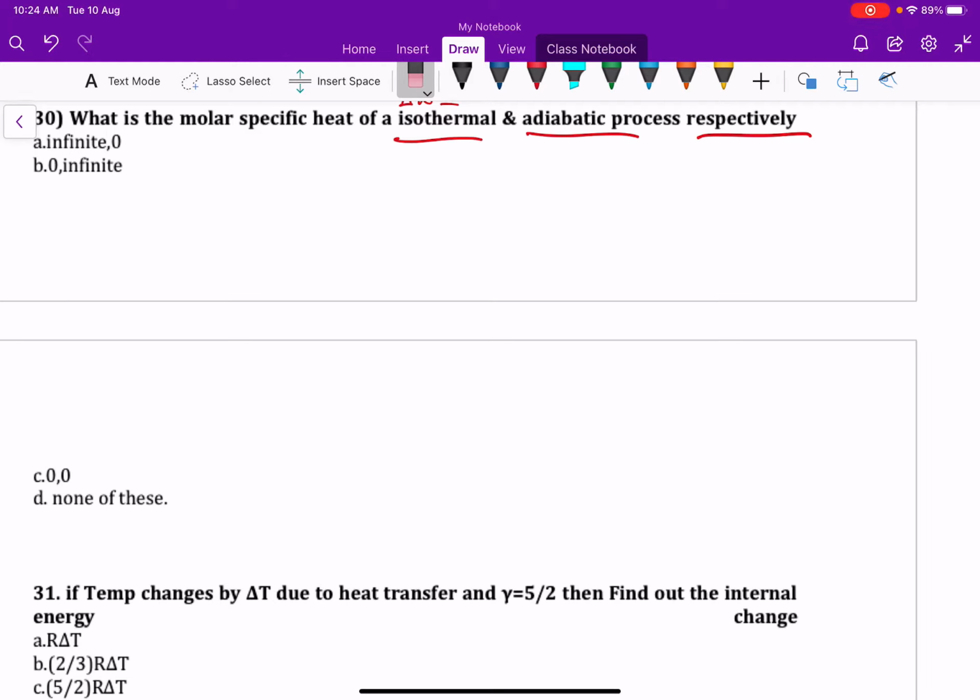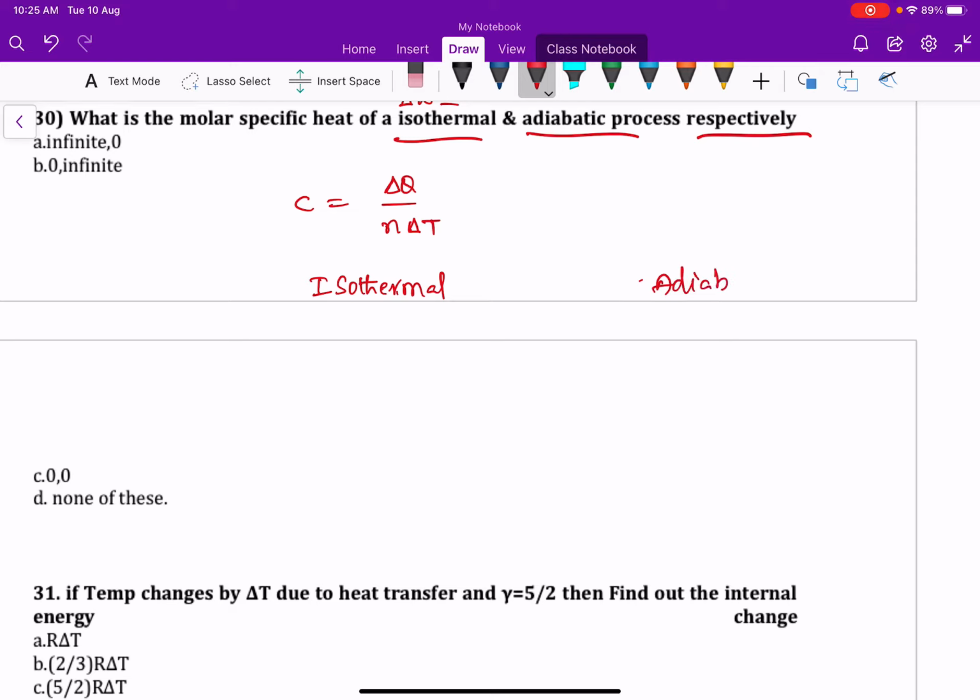Now let us start from question number 30. What is the molar specific heat of isothermal and adiabatic process respectively? Molar specific heat capacity is nothing but, we know C is equal to dQ by n delta T. Okay, and I am writing for isothermal process